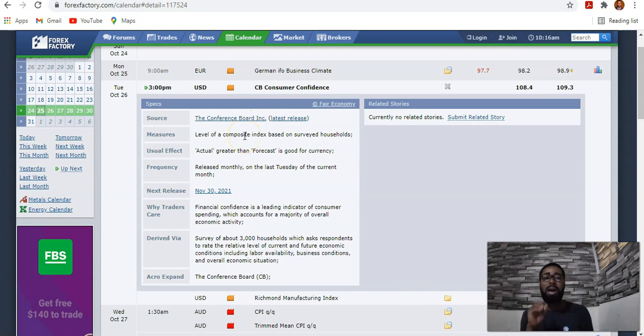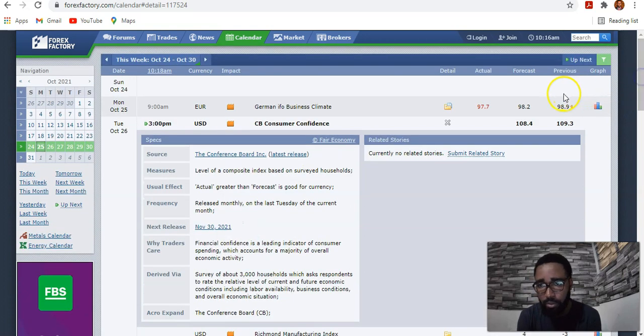And if you want to know how this news will affect your trading or will affect the currency, that's USD in this case, it is going to be this way. Now you see here, let's go back. Now, still on the news, we have previous, we have forecast, and we have actual. Now, when it is not yet time for the news, like today is Monday and the news is Tuesday, we've not gotten to that time, all we can see here is the forecast and the previous.